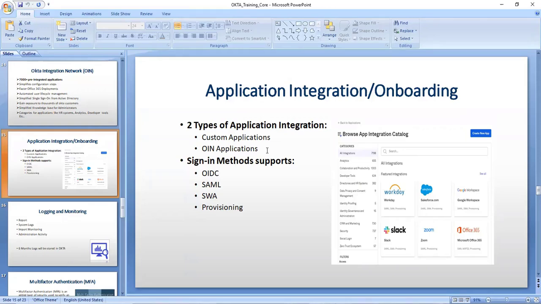I will tell you a few examples. O365, all your Outlook, Teams, everything, is hosted in Microsoft Cloud, Azure Cloud. So that is available in Okta Integration Network. Next one is Workday. That is a cloud-based application that is hosted somewhere, and we are just getting the instance and working. And the Zoom application.